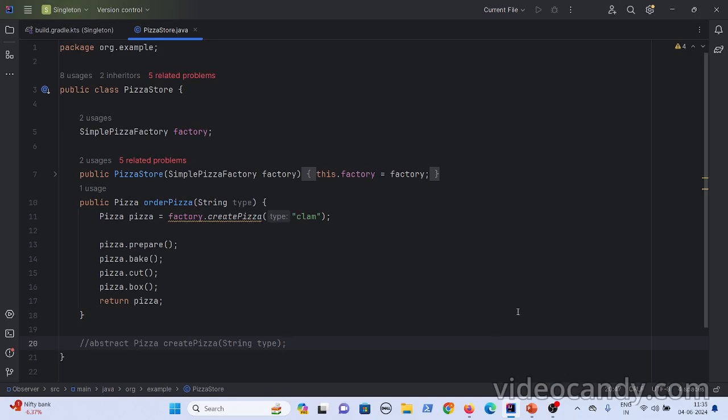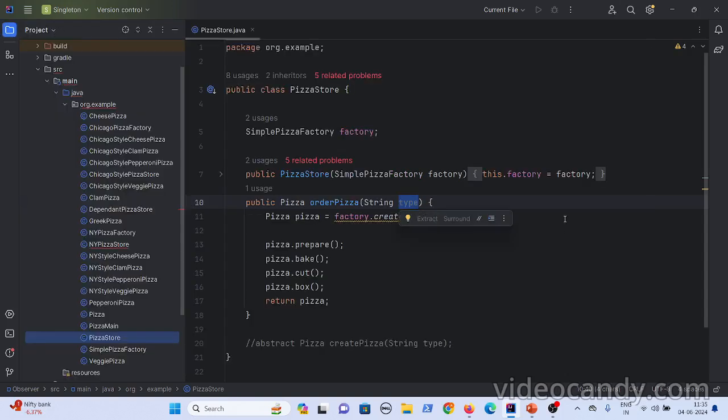Initially, in the order pizza method itself, we had that instantiation logic. If the customer has requested a cheese pizza, you will instantiate a new cheese pizza, right?